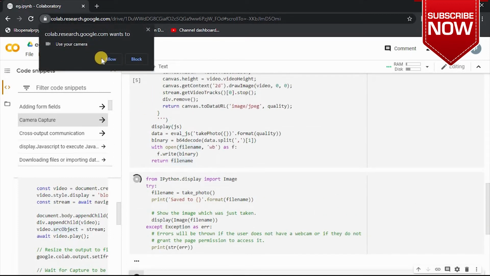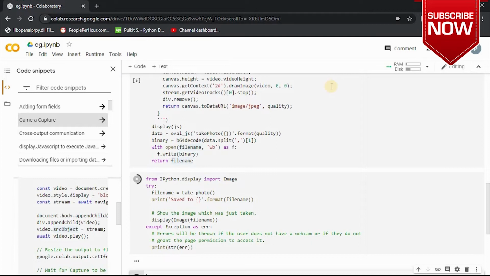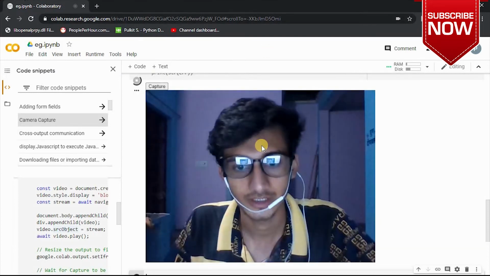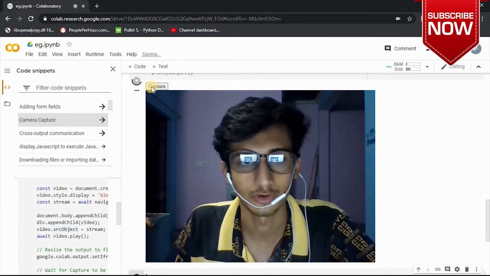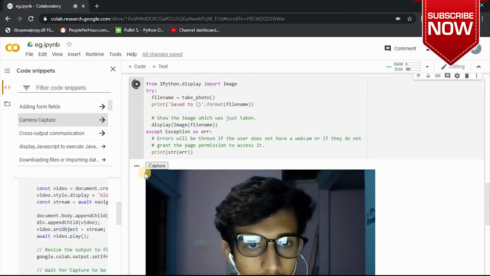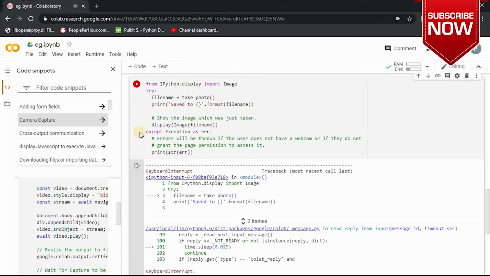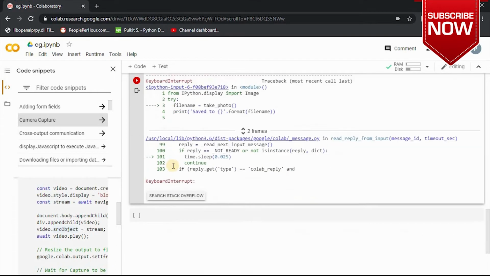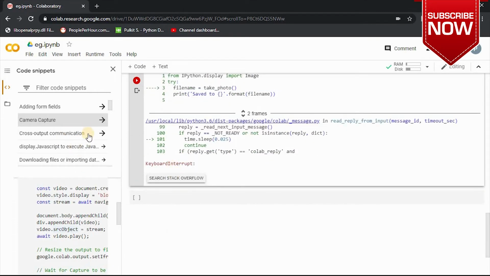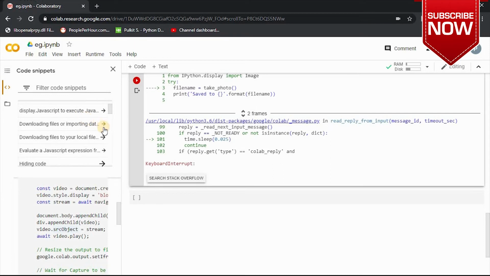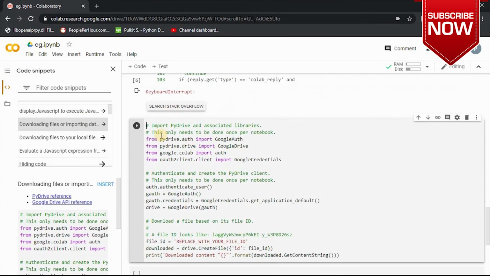Google wants to know my camera permission, so you can check the camera is on, and it will capture the video. Okay, so I terminate the program. And there are many things you can do here, like import from Drive.